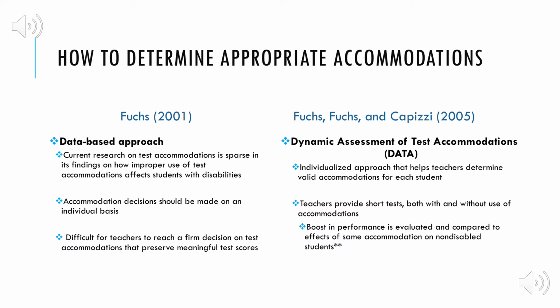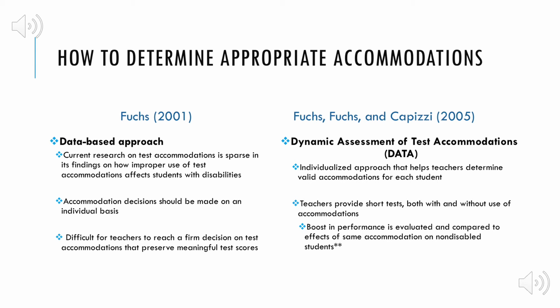Determining testing accommodations for students with disabilities that will produce valid and meaningful results isn't a straightforward task. We aren't looking at a one-size-fits-all approach, so how do we determine the best and most appropriate accommodations for students with disabilities? When we take a look at the database approach, we can see that,